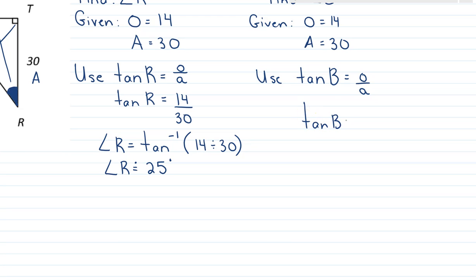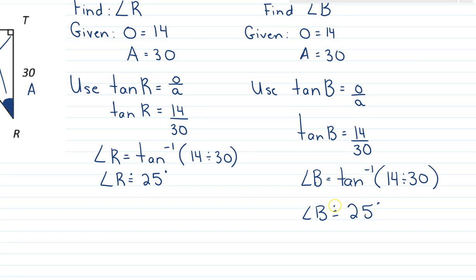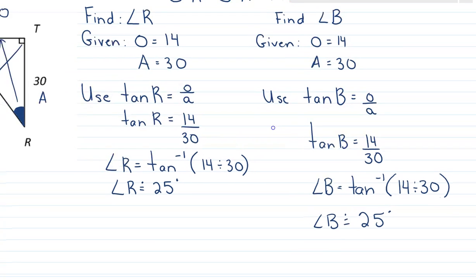Tan of B. The opposite is 14. You think this will give you the same answer? Yes. Yeah, it actually will. So we have angle B equals tan of -1 and 14 divided by 30. What is angle B? Approximately. Wait. So